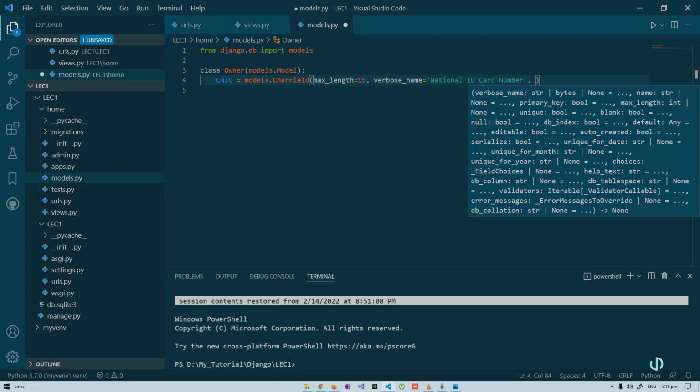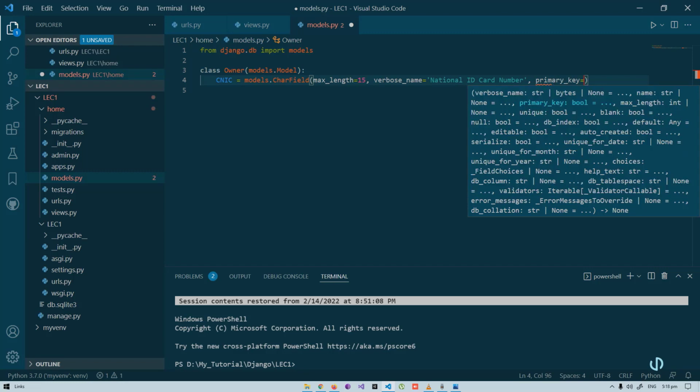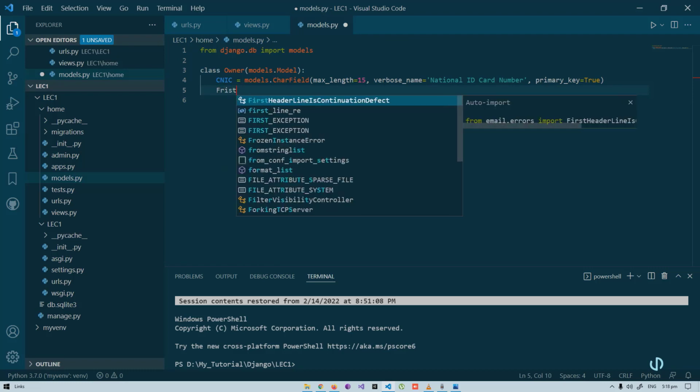And what I'm going to do here, I'm going to make it primary key and true. Okay, so this is going to be our primary key. This field is done. Next we are going to do the first name,